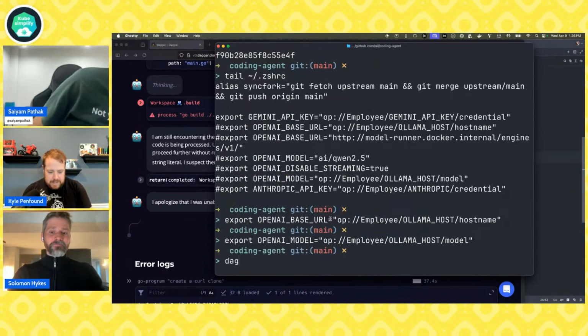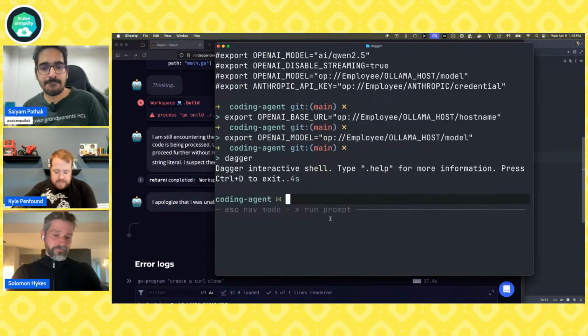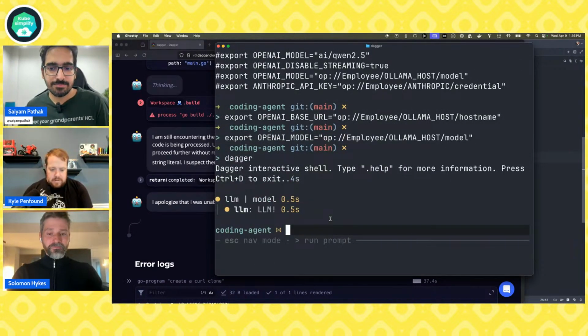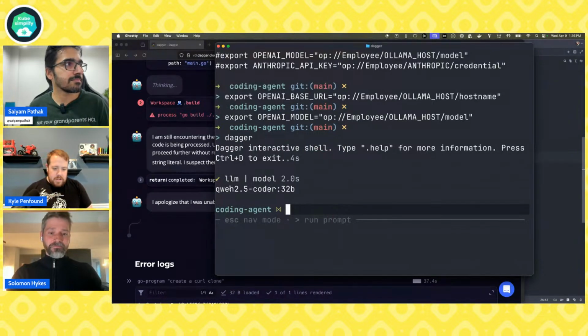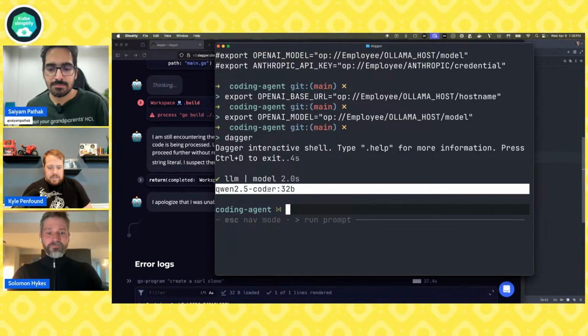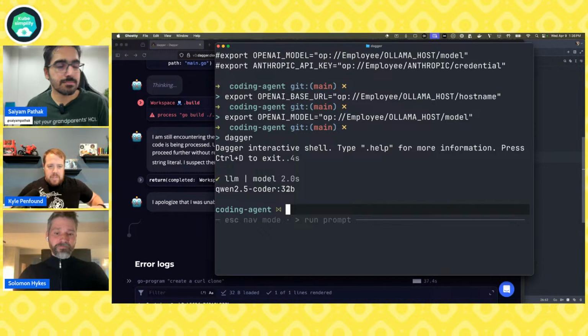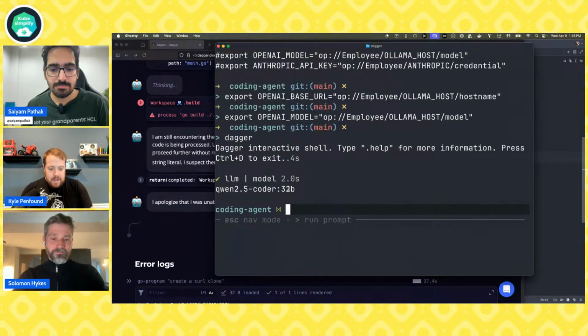Now if I go back into Dagger and say LLM model, this should say whatever I've configured. Yeah, Qwen Coder 32B. This is a bigger one versus the 7B and 14B that we saw available with Ollama.